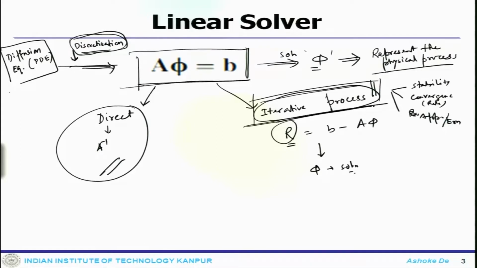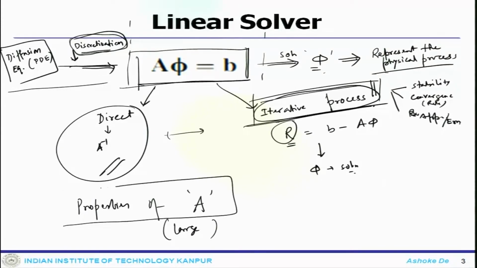Now, we have done up to this much. Now, we are at this stage. So, we need to see how we can find a solution to the linear system, that means A phi equals to B or Ax equals to B, which can be a representative solution for a physical process. So, to do that, you have a couple of approaches, but the underlying phenomenon or the component which becomes very important is the properties which are associated with this matrix or the large matrix.